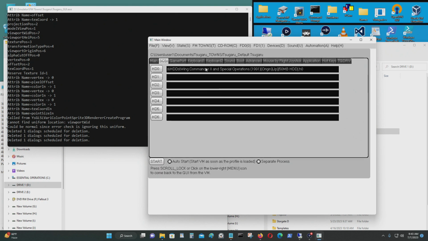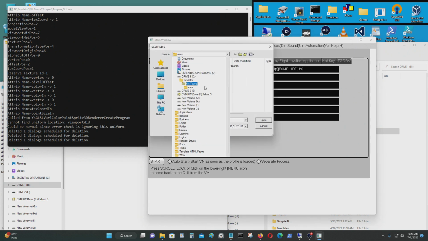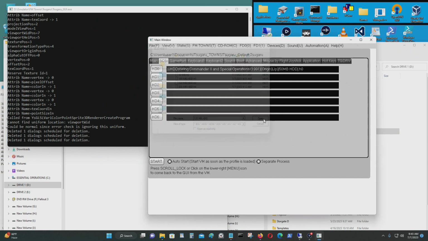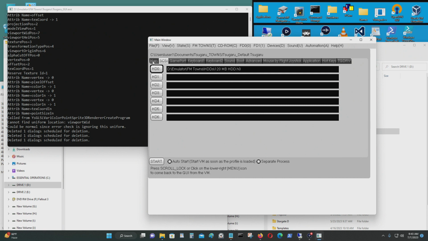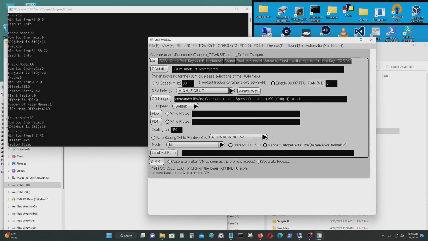Now I want to connect this to that file that I just created, called 120 MB HDD. And I'm going to demonstrate something right now. I haven't inserted the operating system disk or CD. So if I just run it like this,